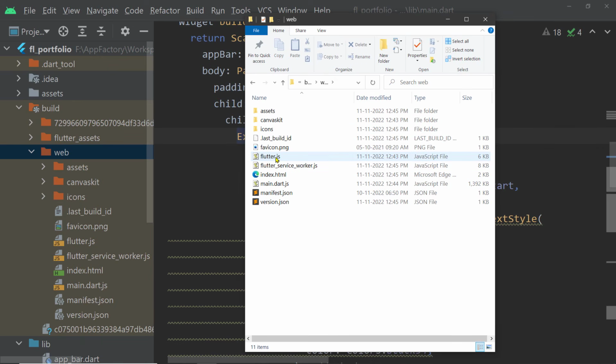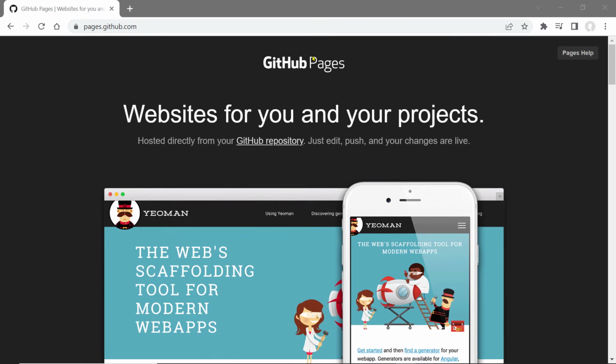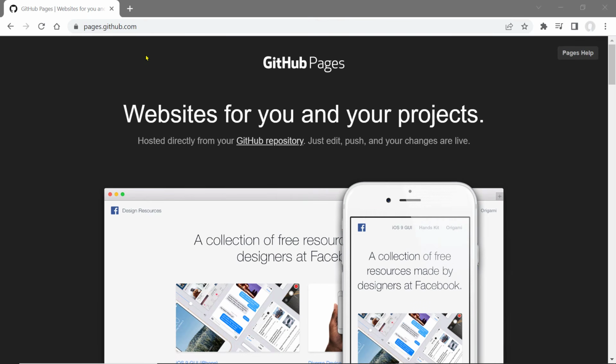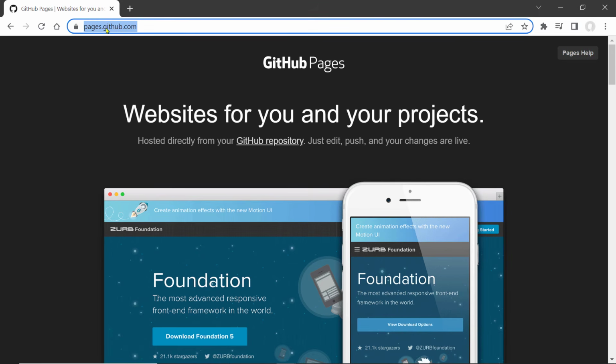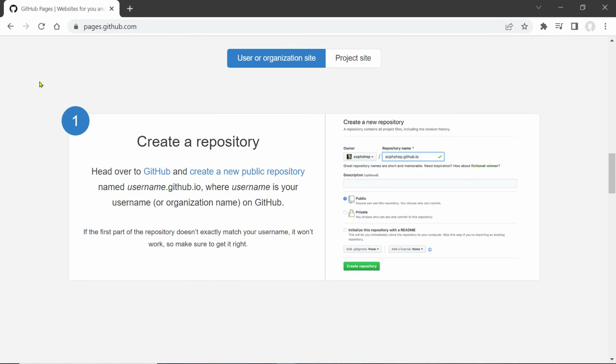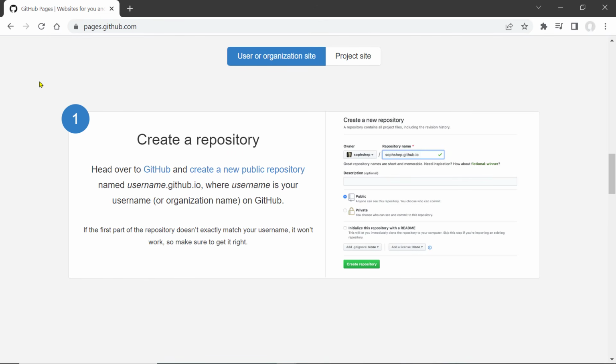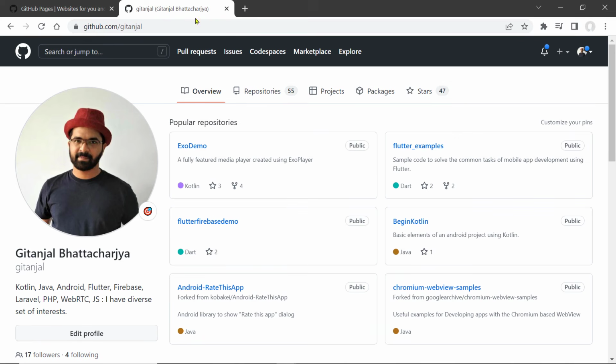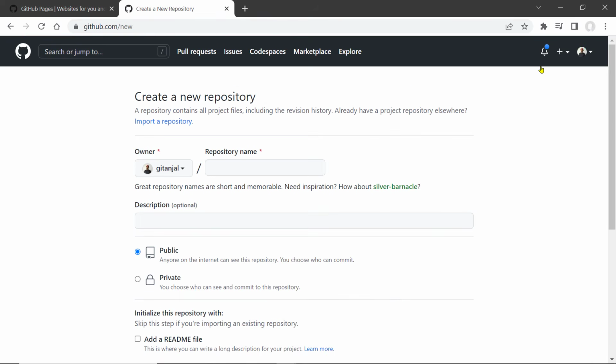So now to use GitHub Pages, first of all go to the link pages.github.com. Here you will find all the information about GitHub Pages. First of all we have to create a public repository, but while creating it, while specifying the name of the repository, we have to be careful. We have to follow a format. So we have to use the username of the account using which we are creating the repository